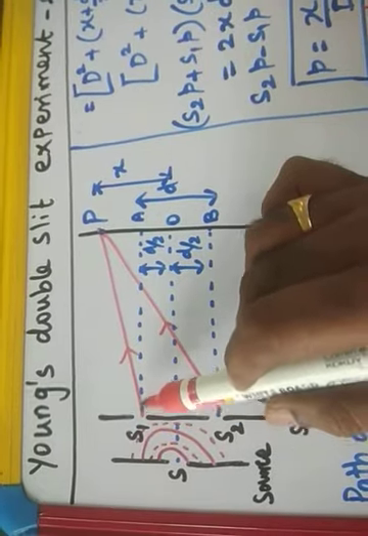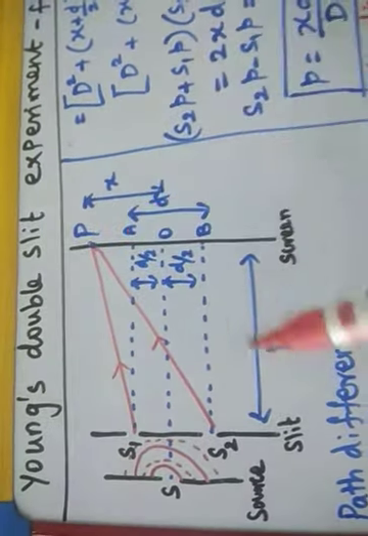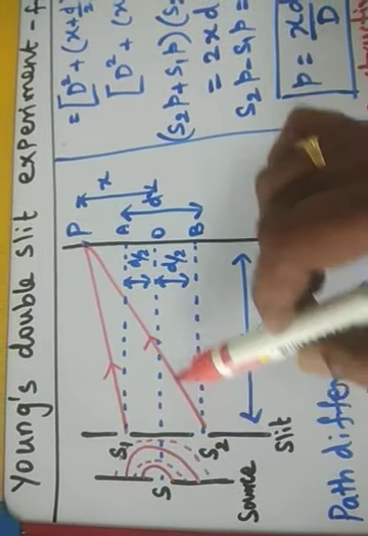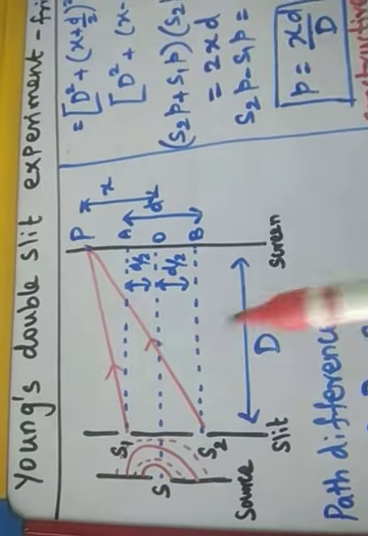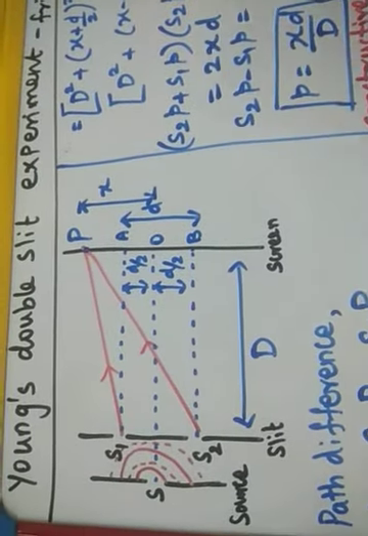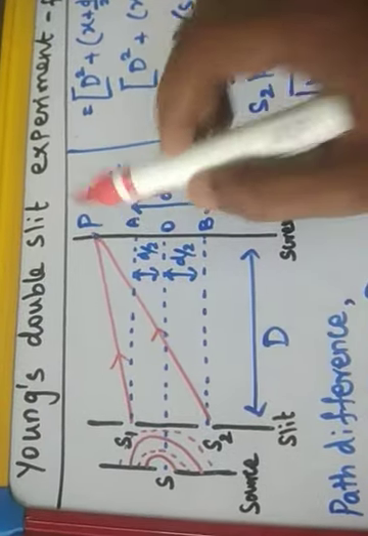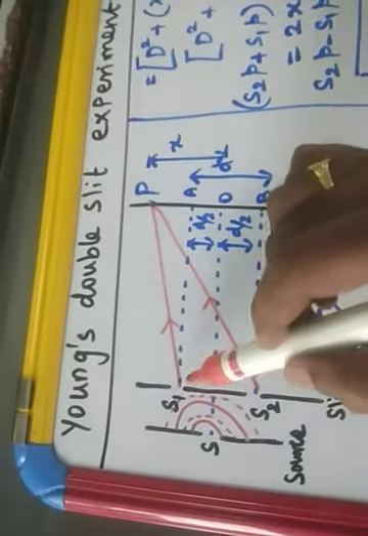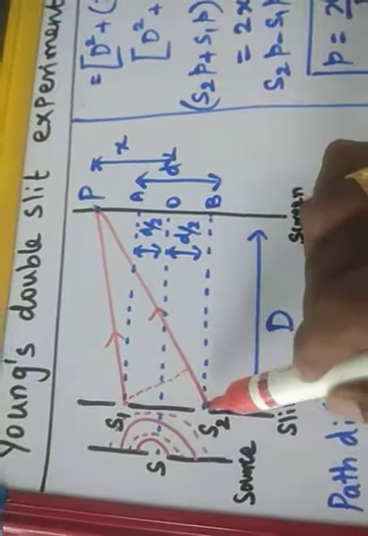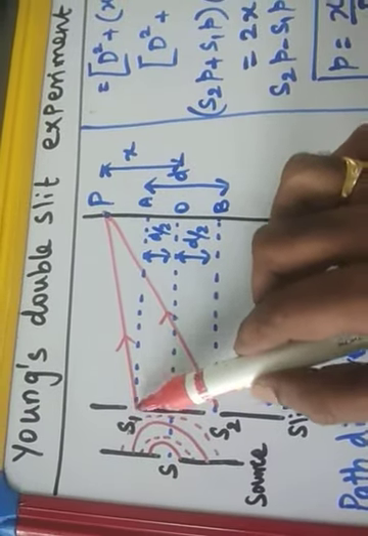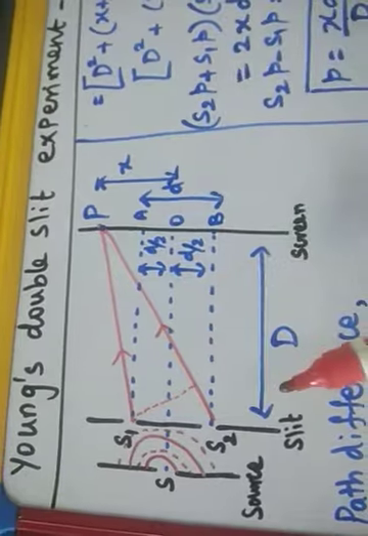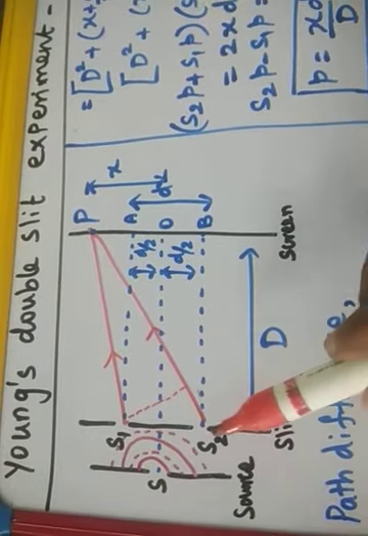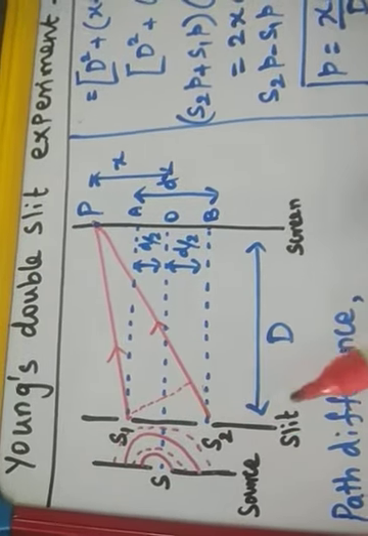The light from the first slit will hit the screen at point P. The same light source, through slit 2, will travel to the screen and hit the point P. So S1P is one ray and S2P is another ray. These two light rays have a path difference. If you draw the perpendicular line, this distance is the same. From S1 to P, the distance traveled by the light is the same, but here is an extra distance traveled by the second ray compared to the first ray. That is called the path difference.